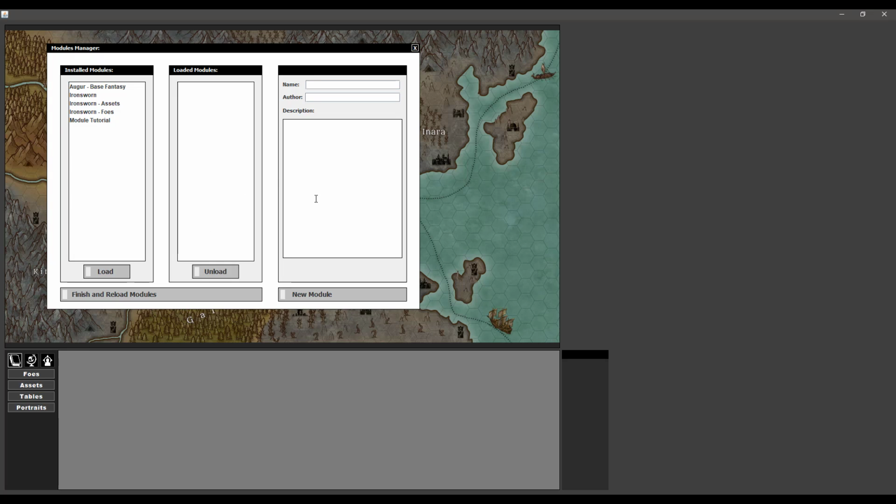So what we're gonna do here is click on new module and give it a name. Let's call it sci-fi example module. And you fill the author field and you can write a description, so if you share it with anyone they know what your module does. So you hit save,